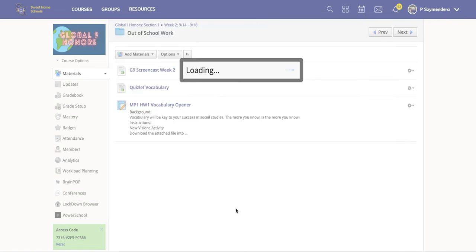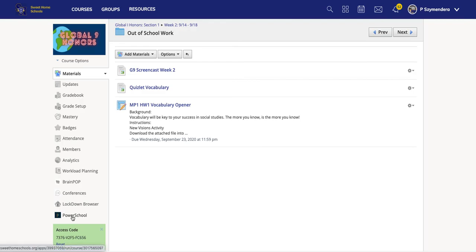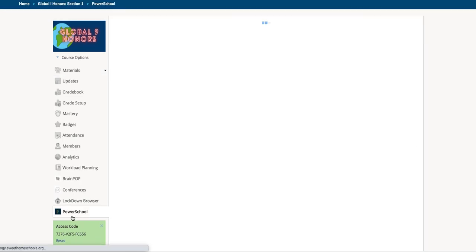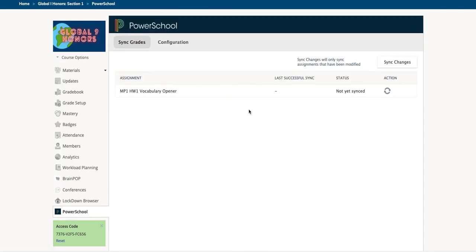I'll tap Save Changes, and then I'll go back to PowerSchool and see if I can sync my assignments over to PowerSchool itself. So it's waiting for me. It says not synced yet. So this is one of the things, a little nuance of Schoology, that you have to actually sync the changes as you're ready to do that. So it's a good practice after you've maybe scored your papers, your assignments, so that eventually the kids will get that. So that is how you set up your gradebook,